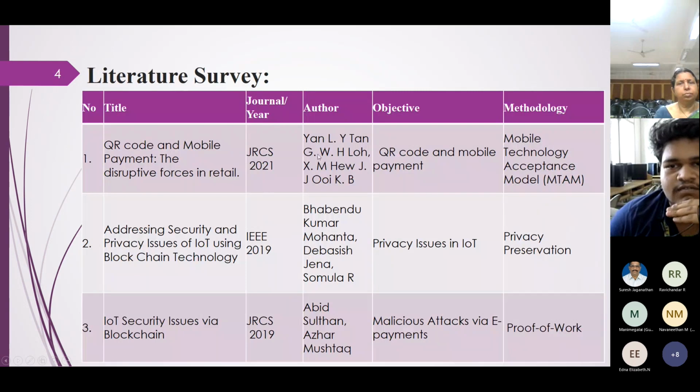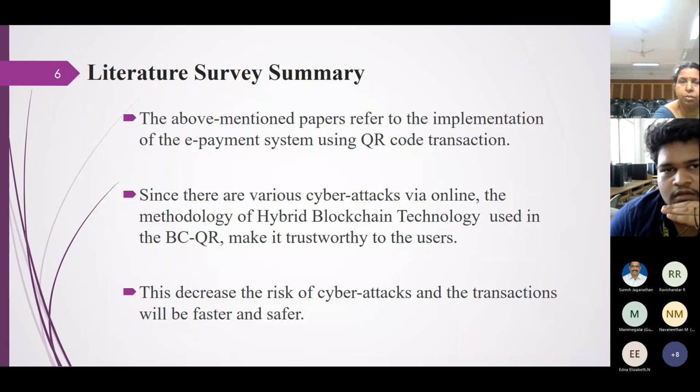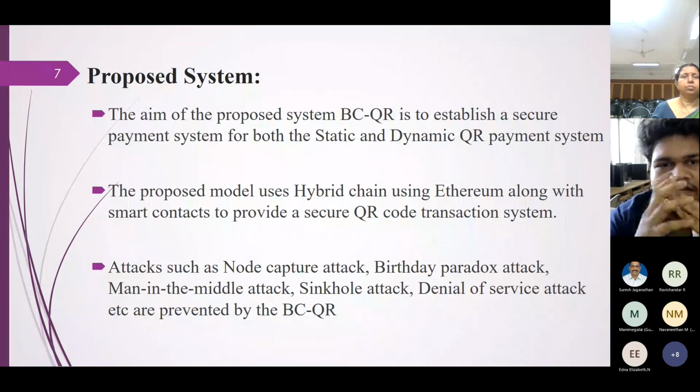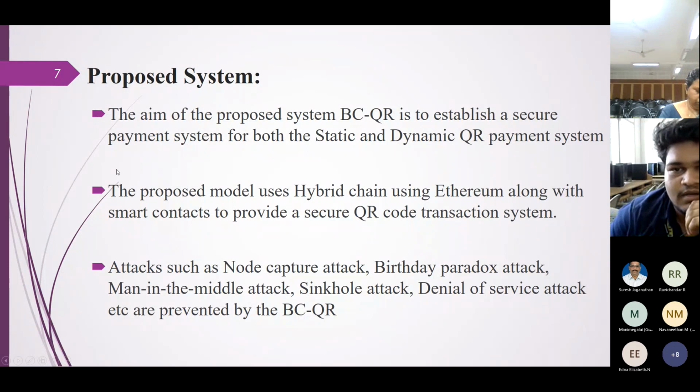So the literature survey we have gone through. You can leave this literature survey, go to your work. Okay, ma'am, sure. So the proposed system: our aim is to establish a static and dynamic QR payment system. It is using a hybrid chain blockchain in Ethereum, which provides a QR code